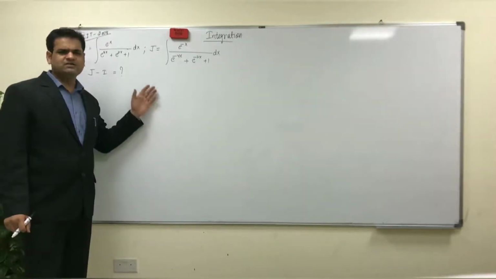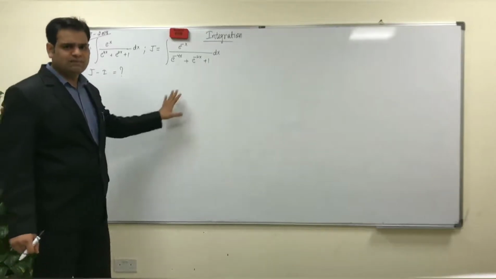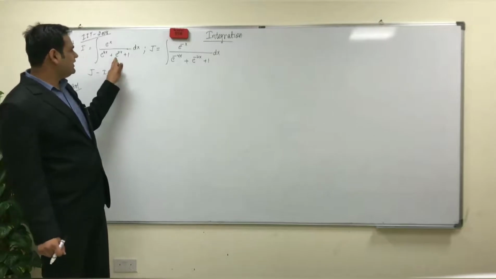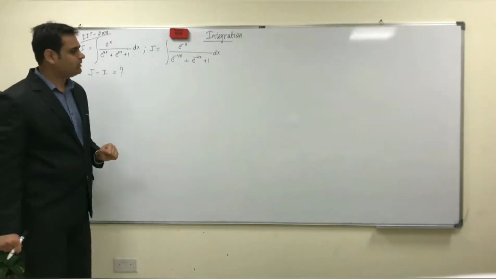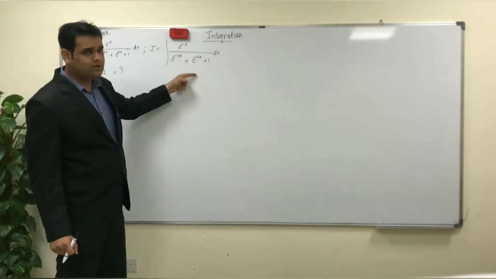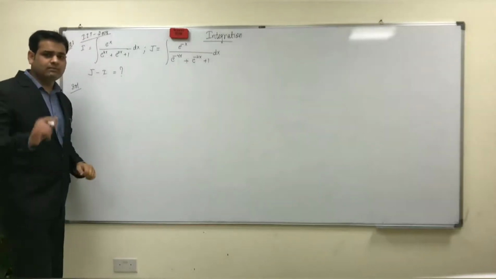You can make it in so many ways. A multiple choice question can also be made, but I didn't mention the options. I'm going to tell you the solution. How can you do it? Now if you see, the denominator of this and this can be made the same. How? I can take it as 1 by e to the power 4x, 1 by e to the power 2x, and I will take LCM. You will see that this denominator and this denominator will become the same.